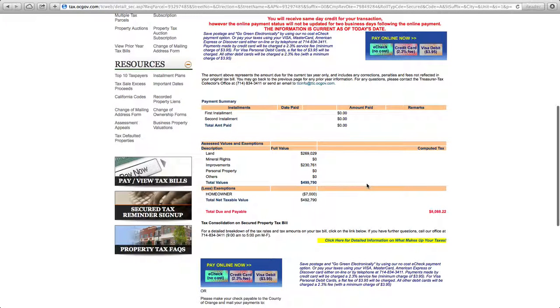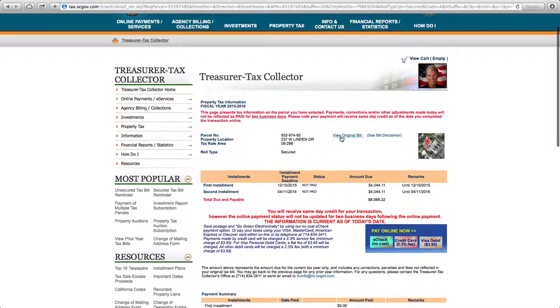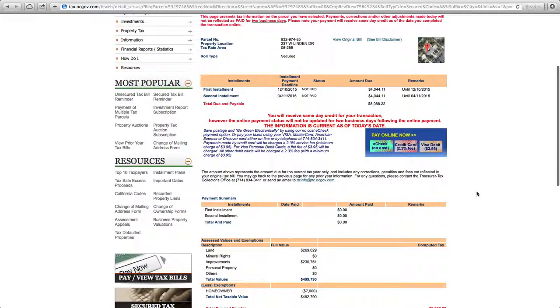But that's basically the detail of the property tax amount for this particular property. And you can also view the original bill from this screen as well, but we can also look at previous ones as well. And that's pretty much it for this